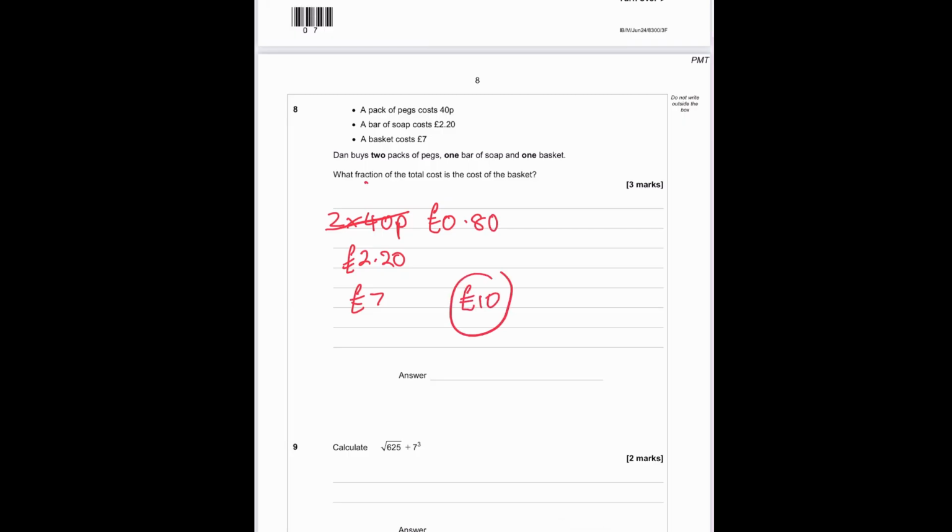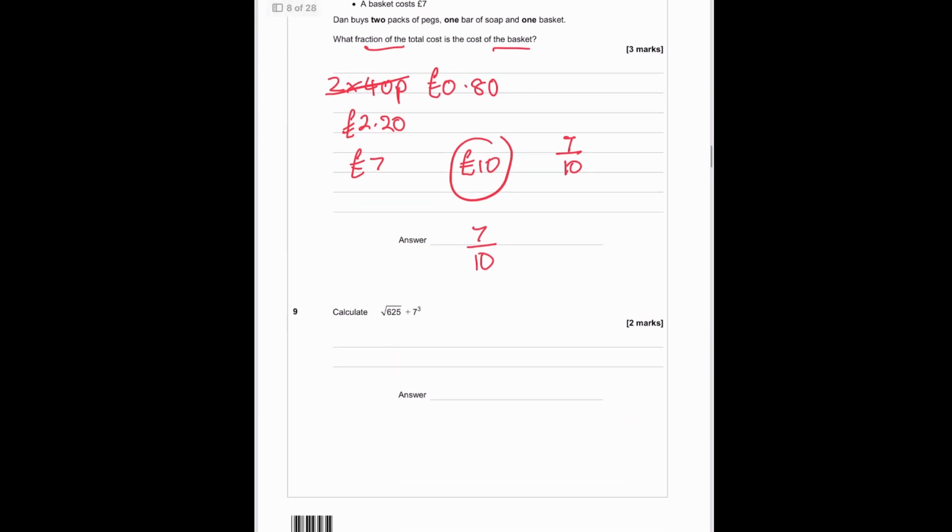And what fraction of the total cost is the basket? So the basket is 7 out of 10, £7 out of £10. We put that straight into our calculator, we get the answer